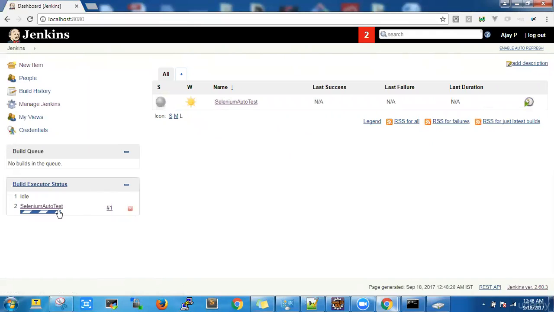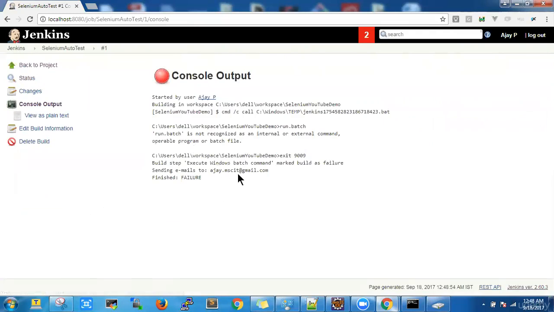So once we click on build, it will come here and we will go on console output to check the progress. So it says failed because here execute batch command marked the build as failed, sending email ID to this. So something happened here, and it sent the email to this email ID. So let's go and check